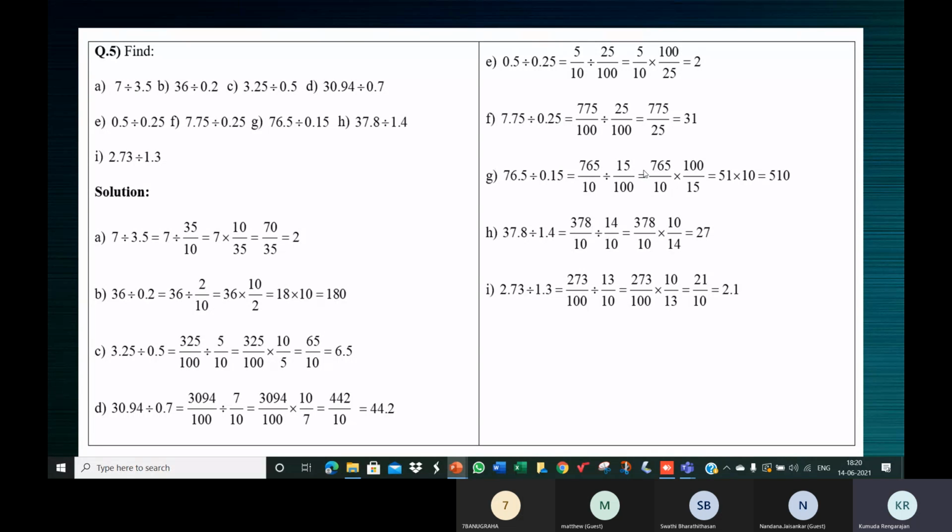So this is the idea here, children. Everywhere it's the same. Decimal is converted to a fraction, and then division becomes multiplication. We take the reciprocal of the second fraction. Then simplify. If the denominator is 10 or 100, don't disturb it. 100 can become 10. If it is 1000, it can become 100. If it's 100, it can become 10. Don't make 10 into 5 or 100 into 50. If 100 becomes 10, that is fine.